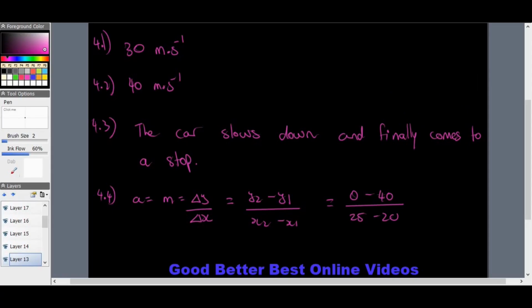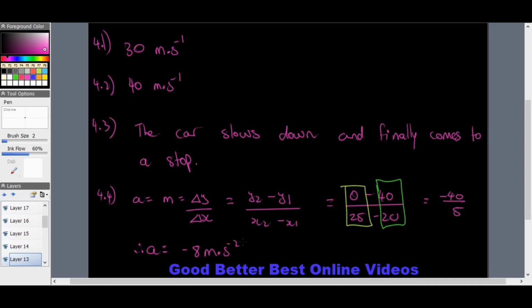So I end up with this equation. So y2 was 0 and x2 was 25. These coordinates obviously go together. Okay, they are classed as 1 point, and then of course 40 and 20, they are classed as 1 point as well, because a point on a graph always has an x and a y point. Basically, after that, we're going to end up with minus 40 divided by 5, and that's going to give us an acceleration of minus 8 meters per second squared,